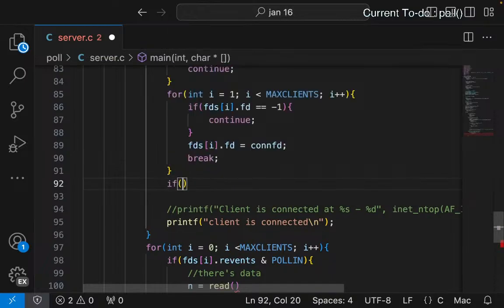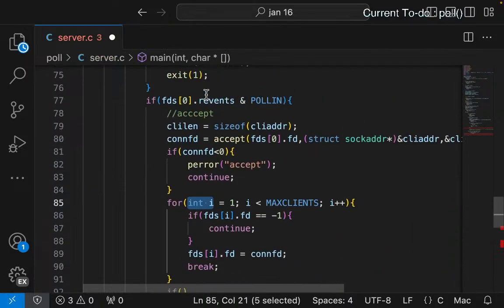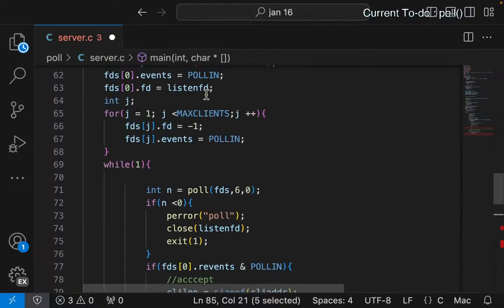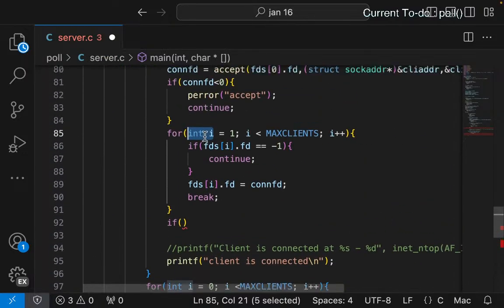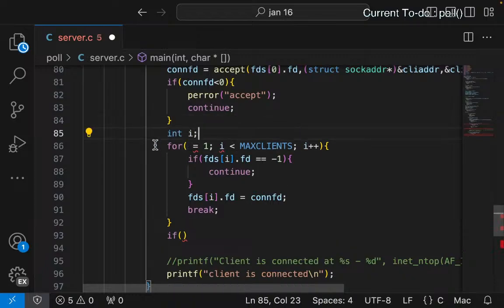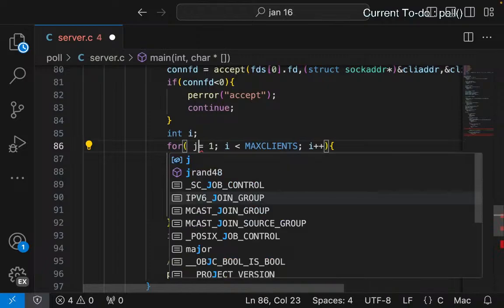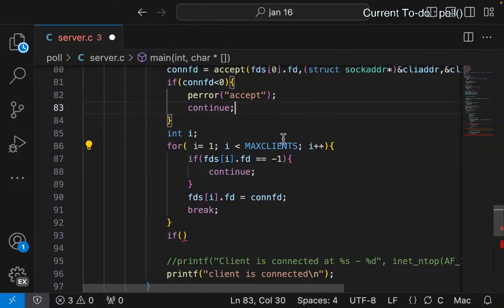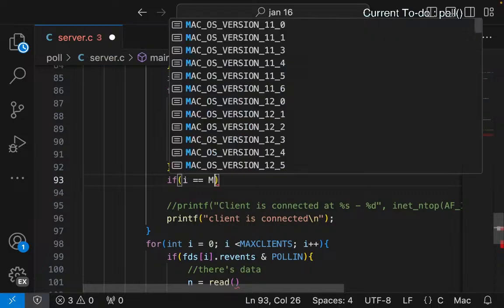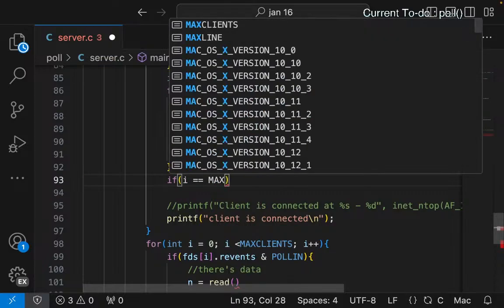Have you defined int i somewhere? You have not. Hopefully we have not. If this becomes equal to max clients,